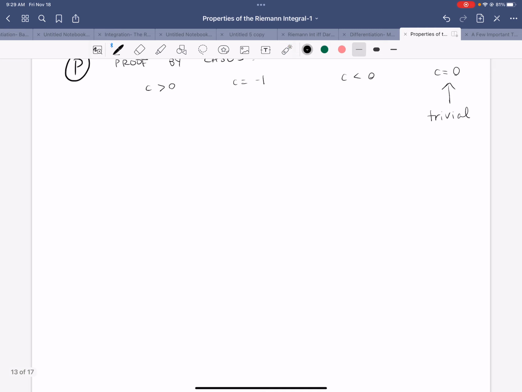So let's start with case 1. Case 1 is c is positive. So if c is positive, then we're basically going to look at a partition. So fix a partition P, so it'll be some t_0 less than t_1 less than ... t_n. And remember, t_n will be b, t_0 is going to be a. And let's consider our upper sums, okay? So then,